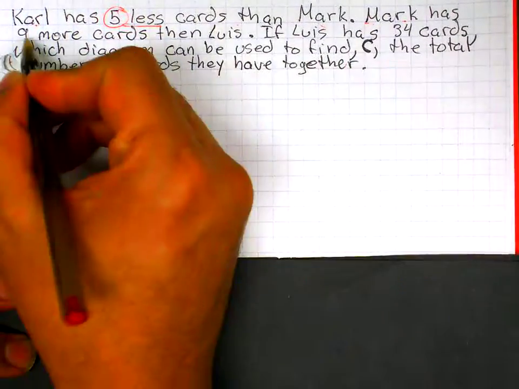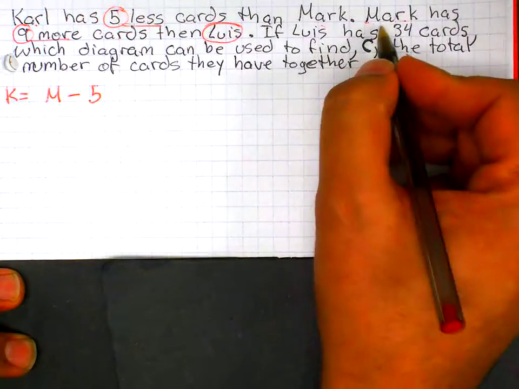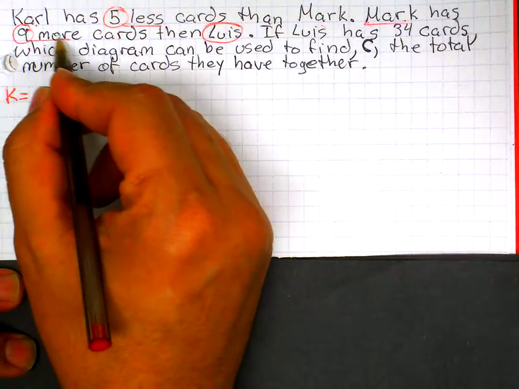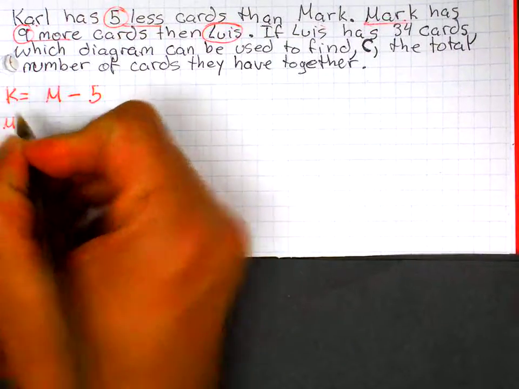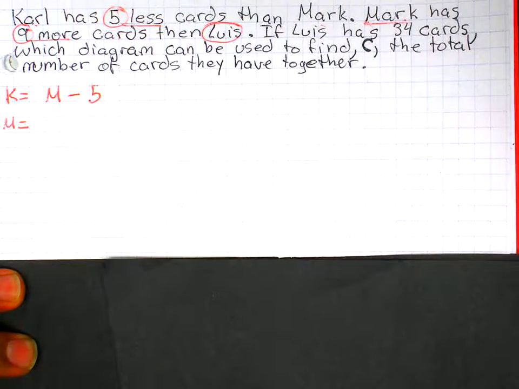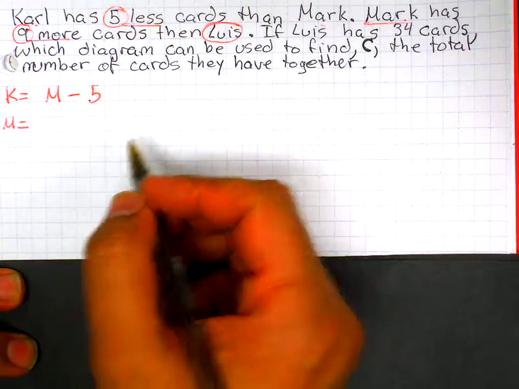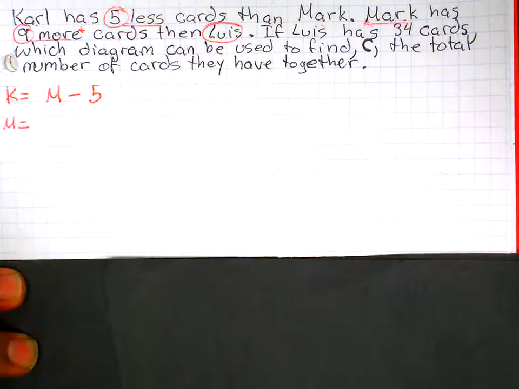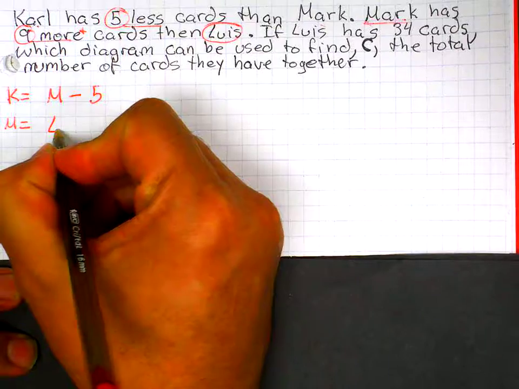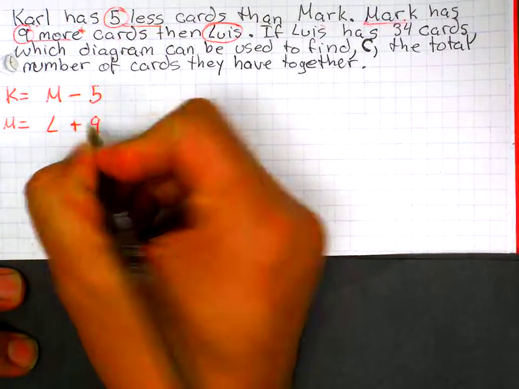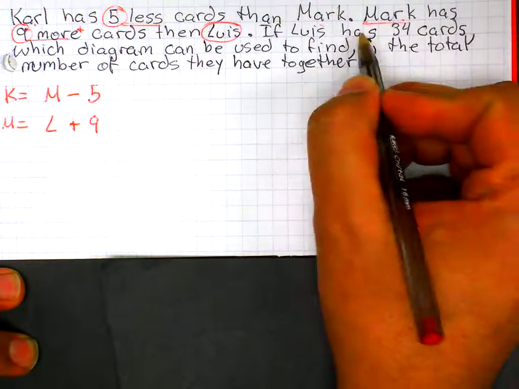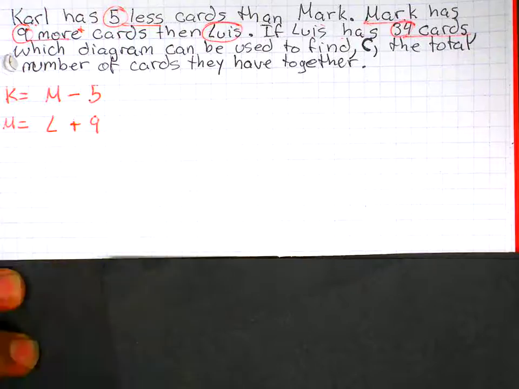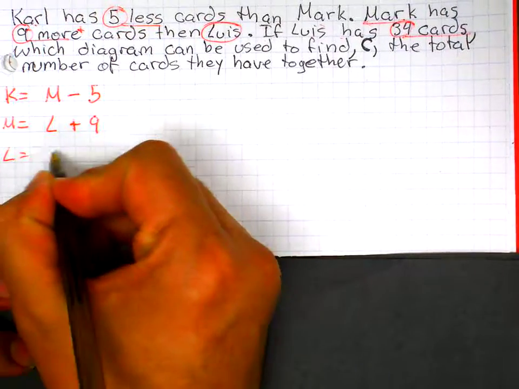Mark has 9 more cards than Luis. So how do I find Mark? I need to add 9 more. So it's Luis plus 9. If Luis has 34 cards,